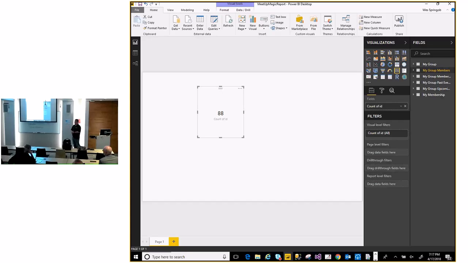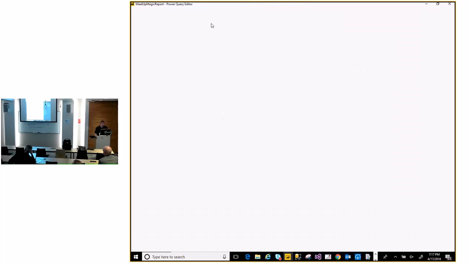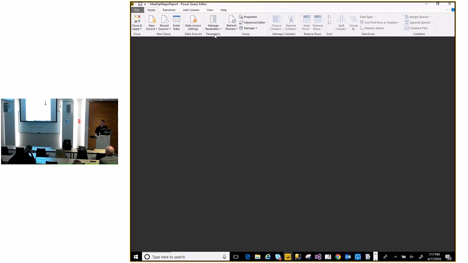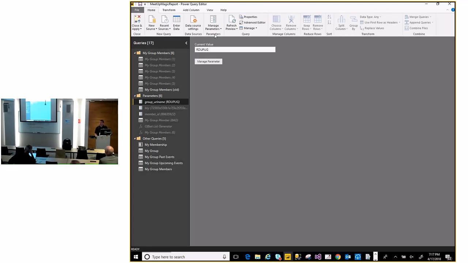Can we go over the piece where you had to enter in the values manually in the table? Yes, I will be happy to go back to the editor.